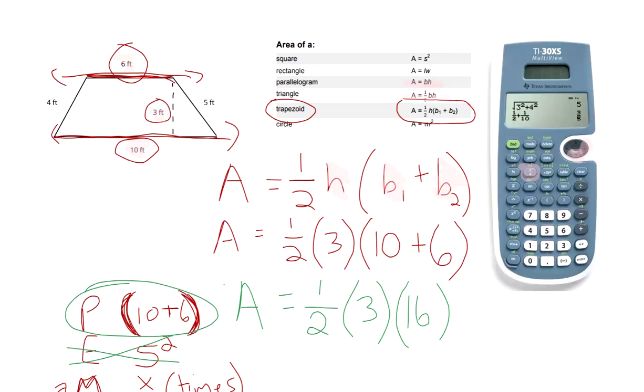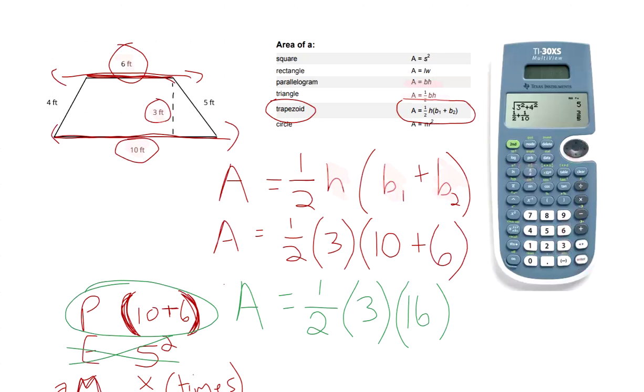Now you can hit times 3. So we got times 3, and then times again. And you're going to punch in 16 and enter, and you get 24, just the same way you did if you used 0.5. The third way that you can do this,